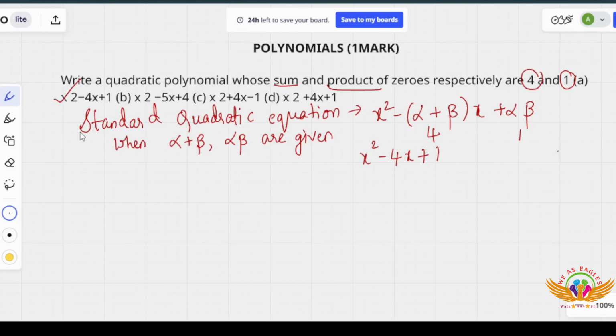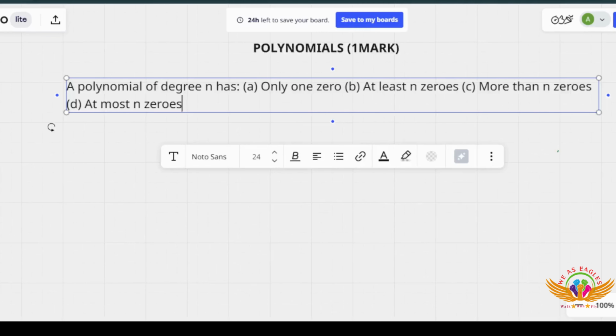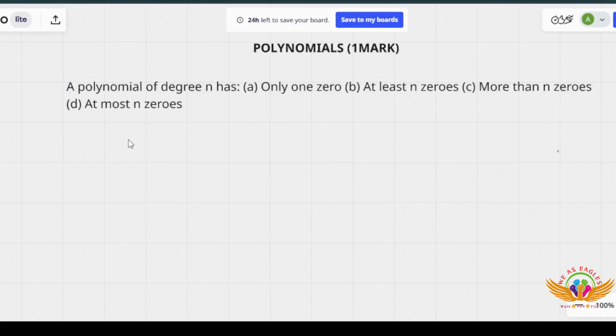Right? Yes. In this sample third question paper, the second question they asked is about the polynomial topic only. A polynomial of degree n has how many zeros? Yes, it's a direct question. Let me explain that clearly. Yes, I have already copied it here. Done. So, what is a polynomial? A polynomial is generally a quadratic equation with one variable, that is x.